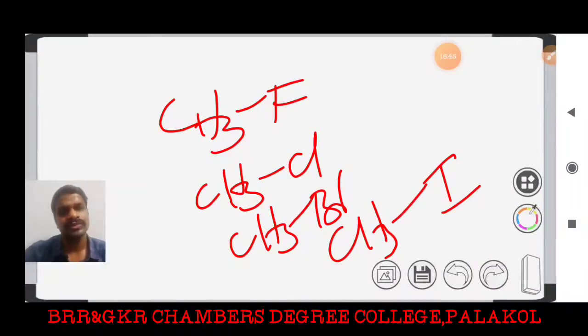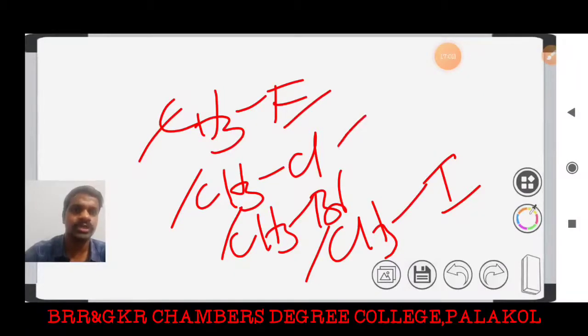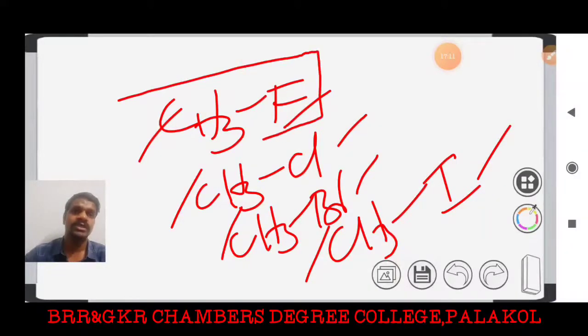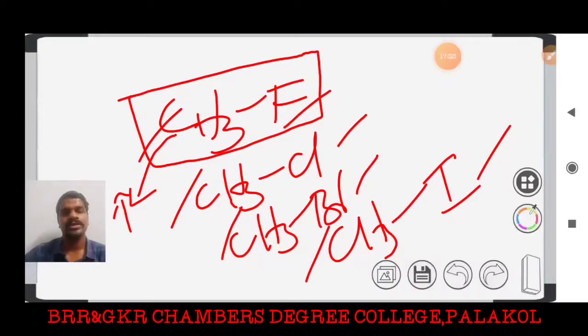All the molecules have the same number of hydrogens, that means the same group, the methyl group, and the resonance frequency or the precessional frequency or the position of the chemical shift values is different from one compound to another, because here the CH3 is attached to fluorine, in this molecule it is attached to chlorine, in this molecule to bromine, and this molecule to iodine. That means the chemical shift value of the hydrogen atoms in methyl fluoride is higher than methyl chloride, and it is higher than methyl bromide, and it is higher than methyl iodide, because